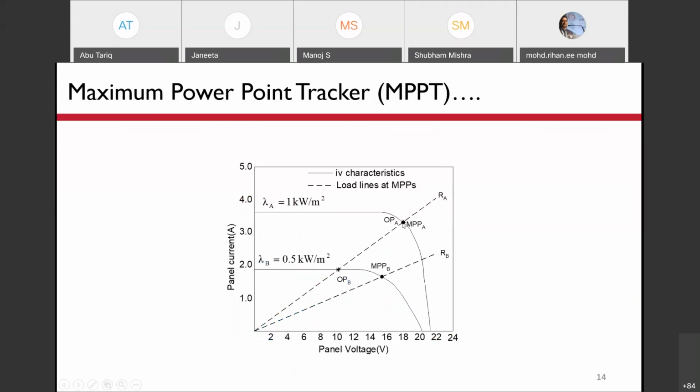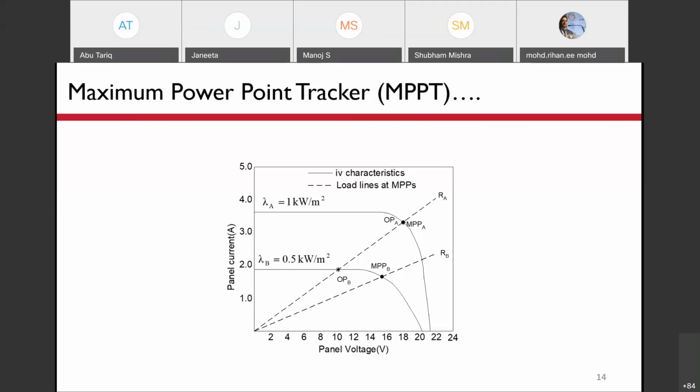This is the maximum power point, MPP A, at insolation A. So here we use a proper resistance RA so that the load line intersects the IV characteristics at the point MPP A. That will generate the maximum power from the PV array. So once we have fixed the resistance according to the available power, the maximum power point is achieved.